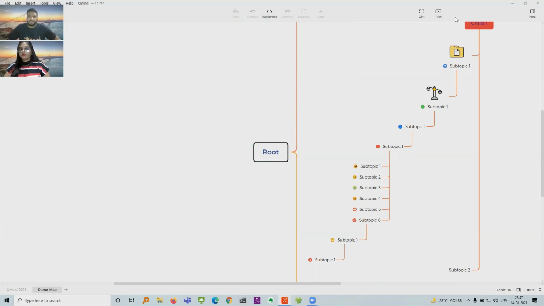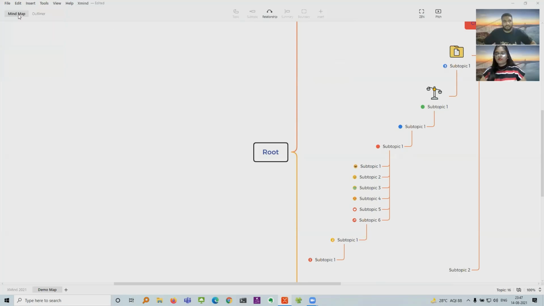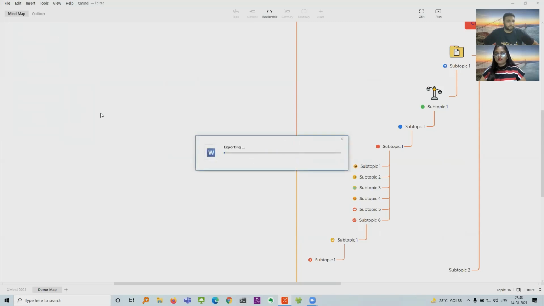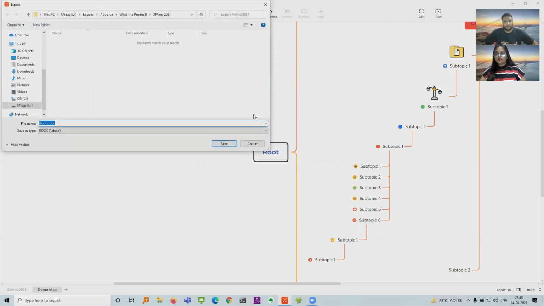And the last thing that I want to show before I end this demo is the export features. You can essentially export it to PNG, SVG, PDF, Markdown, Word, Excel, and OPML text bundle. These are all the popular formats which we use in our day-to-day office work or other activities, and those formats are supported. So for example, how would this look in Word? I'll just export it to Word, and let's see how it looks.